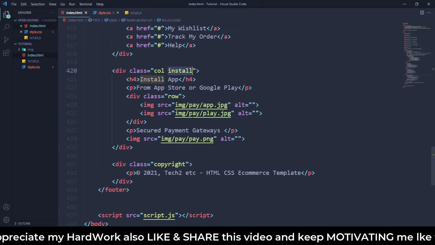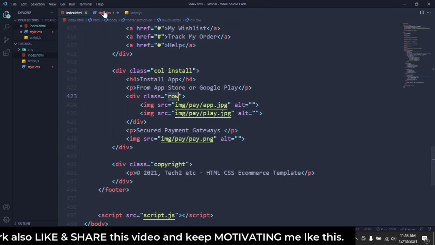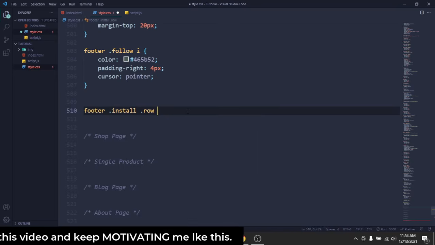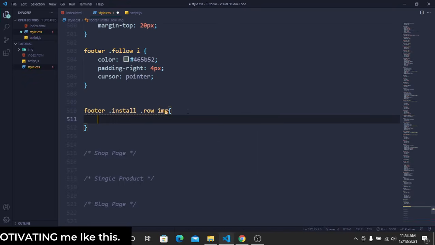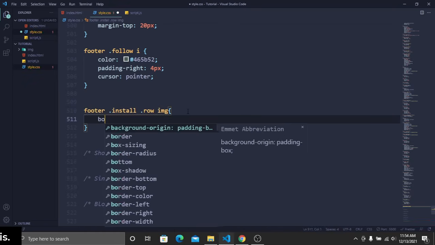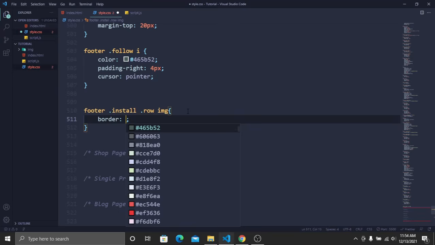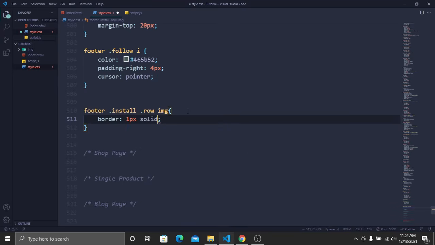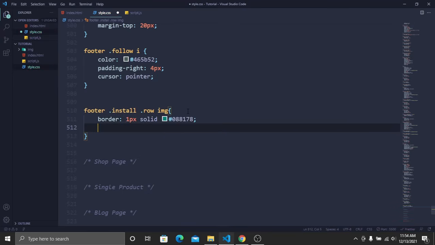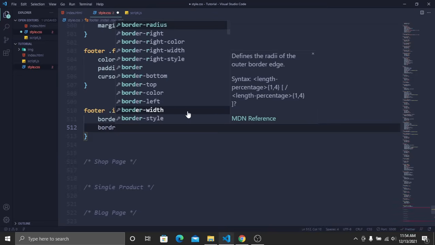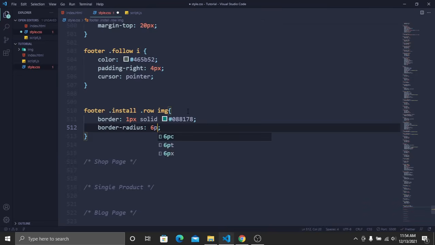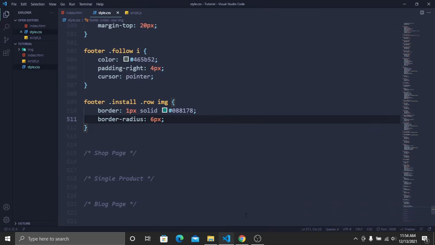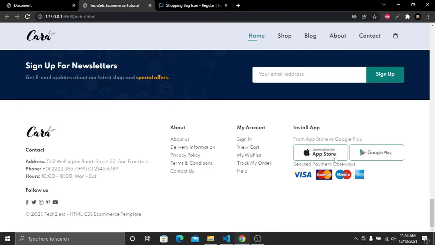And then we have also added a row class. So copy this row class and then paste it here. Then target the images inside this class. And then I will add a border of 1 pixel solid, and the color will be this one. And then I will add a border radius of 6 pixel. Now save and go to our website, and here you can see that we have some beautiful border radius around